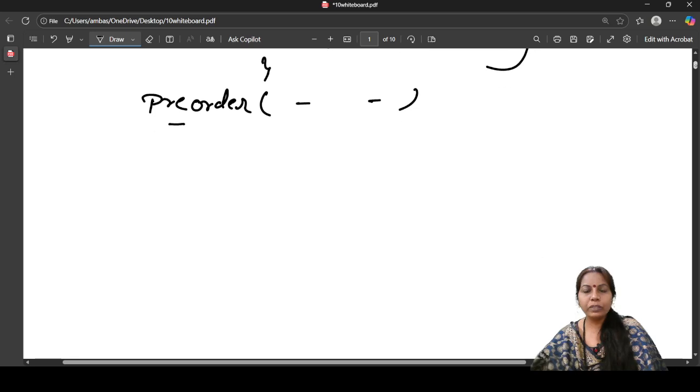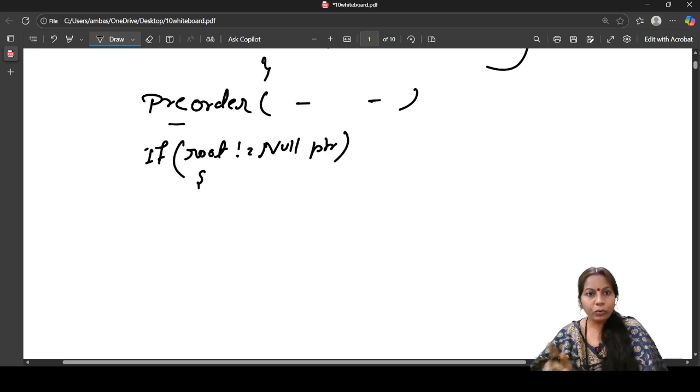Here I use an if condition: if our root node is not equal to nullptr, then in this case first this prints your root. This is the pre-order traversing.